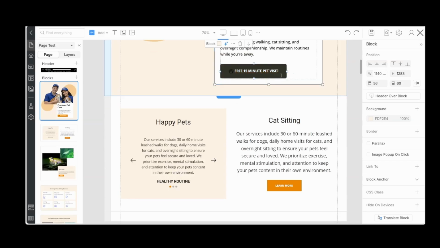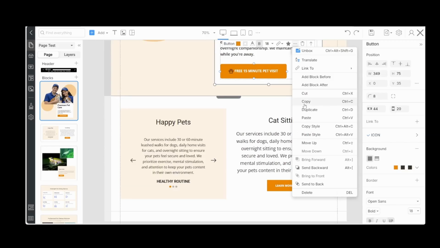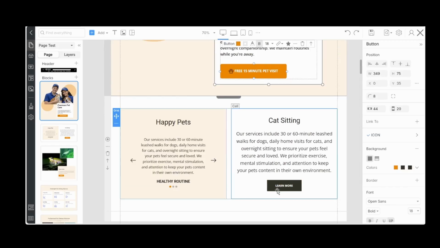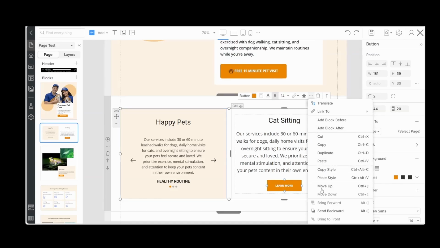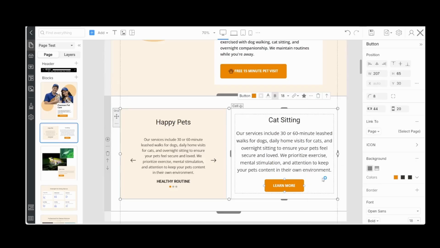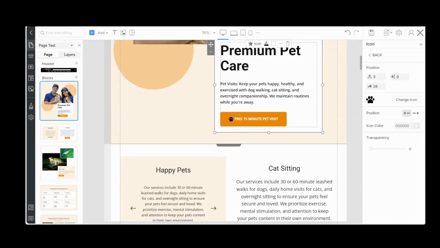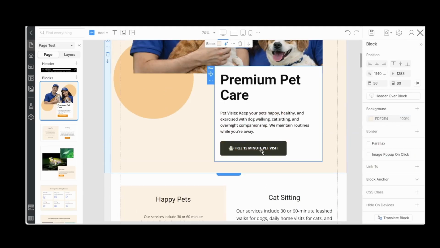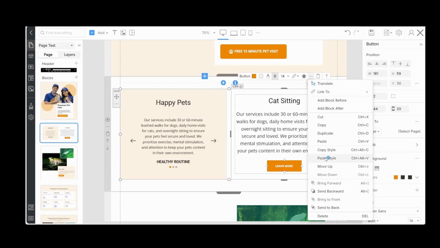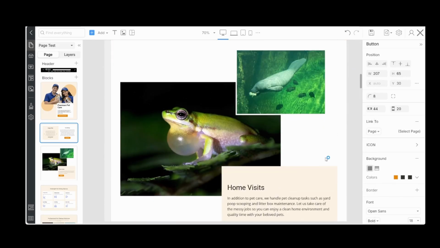Let's grab this one. Copy style. Paste style. Let's go back up to the icon. Kind of not liking it. I want to change the color. Let's try this. Oh yeah, I like that. It pops out, matches a bit. And going to remove the